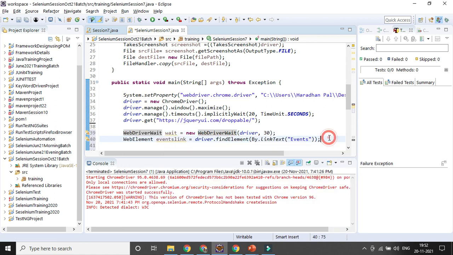After that I will give some condition. So whatever web element I will be creating here, I will be giving some condition.